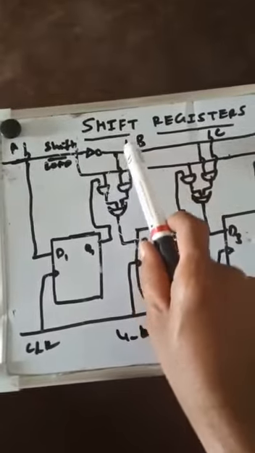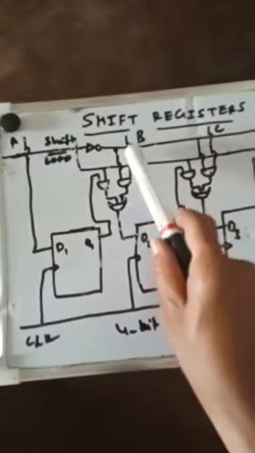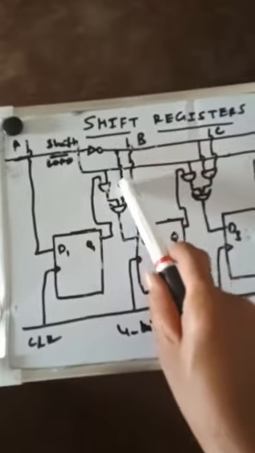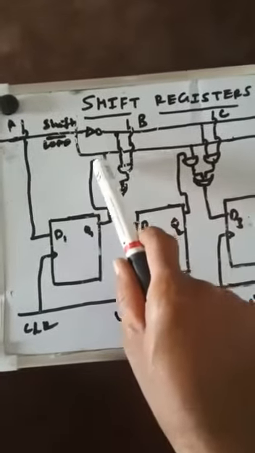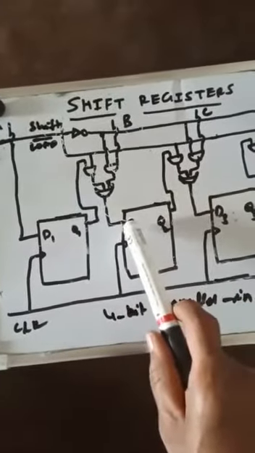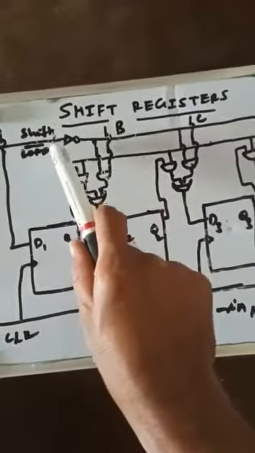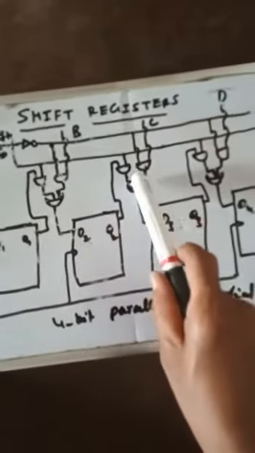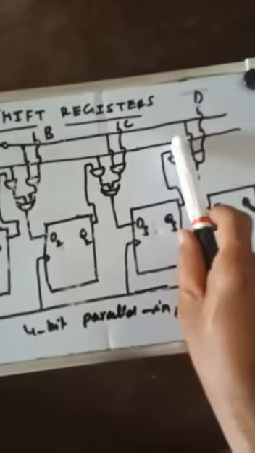So since it is 0, even though the parallel input B is given to this, it becomes disabled because this is 0. That becomes 0. The one that is already coming through this gate is activated, and that one is applied, and similarly it is transferred. This is the shift, so this line is activated whereas this line is not activated. So this is 1, that one is transferred, and similarly that one again comes to this. Since the shift is there, this one is activated. Thus the shift has taken place.